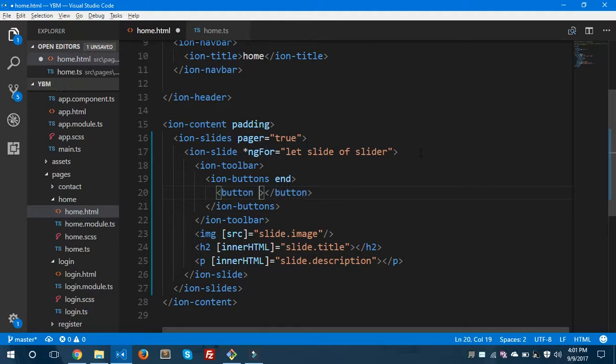We can use anything here. I'll just give button, and I'll just give the color as well. Color equals to secondary. You could give anything inside this. I'll just use next here. Just save this, and let's preview the changes in the browser,